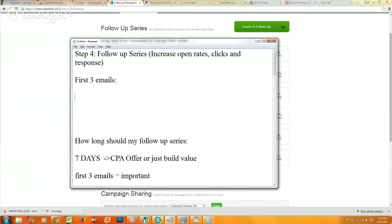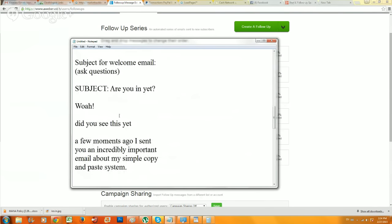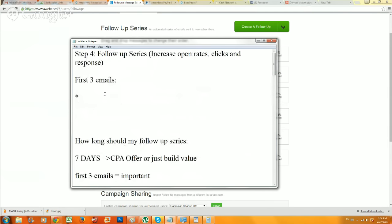All right. Some of the things that I like to do, and I apply this to high ticket. If I'm promoting a low ticket or just trying to make sales really fast, then I don't really follow this method. I follow this method. These subject lines, these short copies, really for getting clicks and getting people to buy my product fast. But if you're really trying to do high ticket, for products that you're trying to sell for thousands of dollars, what I found is your first 3 emails: be personal, show who you are,